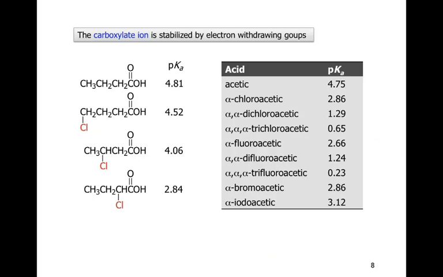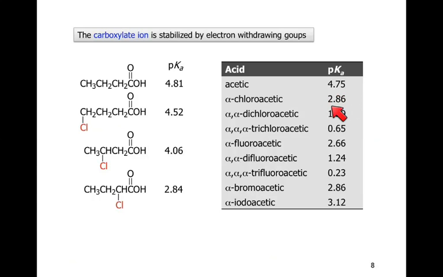For instance, if we compare on the table on the right, if we look at the entry here for alpha chloroacetic acid, alpha fluoroacetic acid, alpha bromoacetic acid, alpha iodo, we can see that all of these are substantially more acidic than acetic acid itself. So the electronegativity of the halogen is drawing electron density away from the carboxylate ion, stabilizing the carboxylate ion, and we're getting correspondingly higher